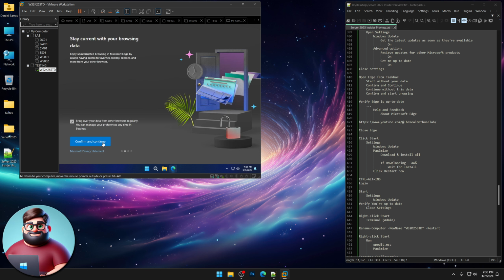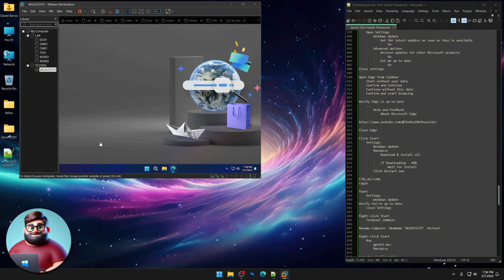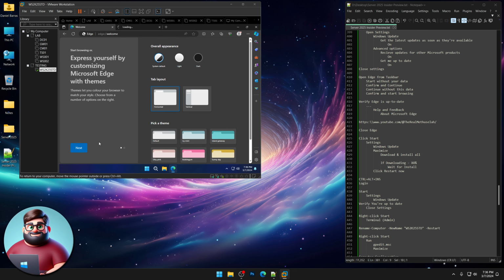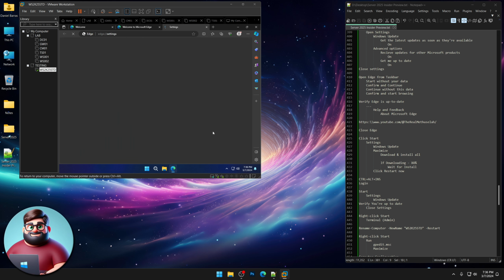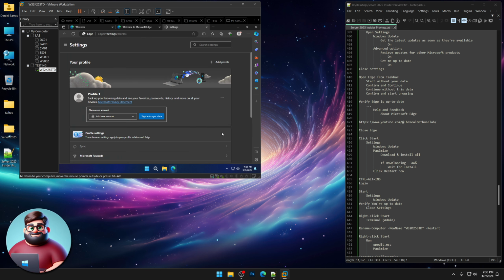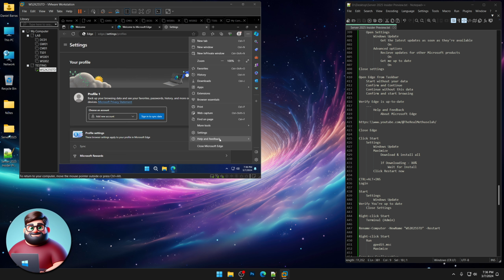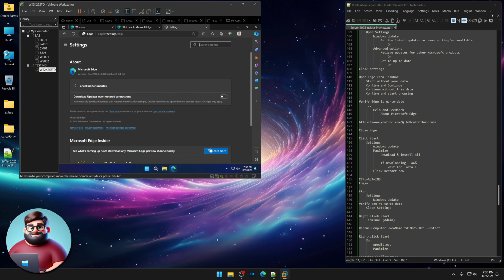Start without your data. Confirm and continue. Continue without this data. Confirm and start browsing. There we go. But we're going to click on our menu again. Click Settings. And then Help and Feedback, About Microsoft Edge. Give that a moment. It's going to update Microsoft Edge. Then it's going to ask you to restart it. Once we restart it, we're going to verify that we can get to